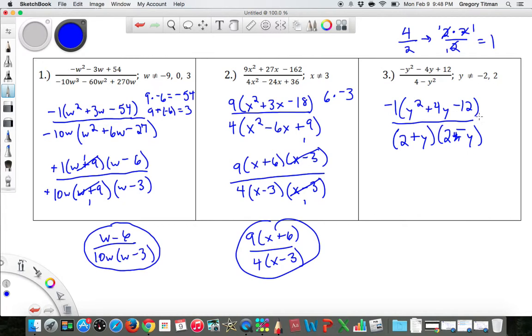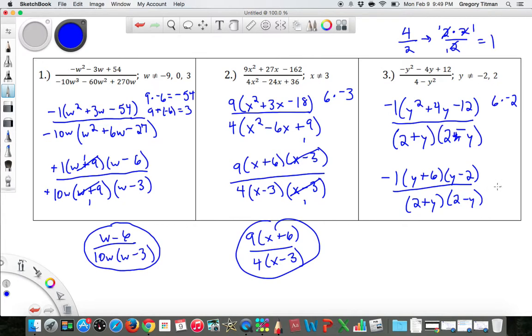So now we have to come back up here and finish factoring our numerator. The factors of -12 that have a sum of 4 would be 6 and -2. So the numerator is going to factor as y plus 6 times y minus 2 all over 2 plus y,